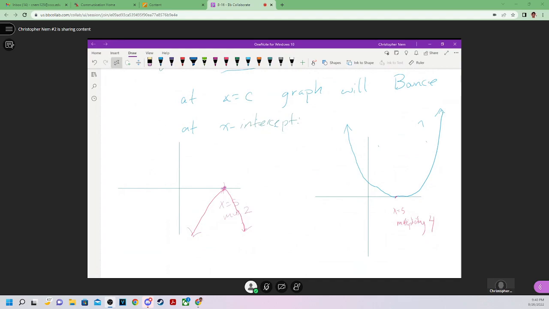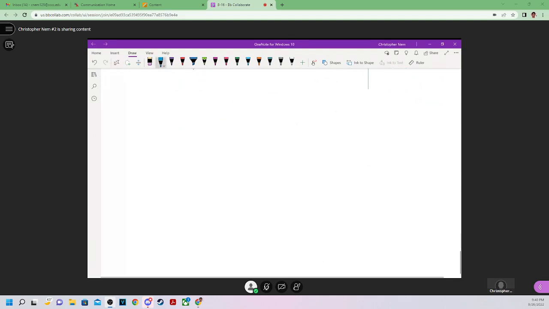So, with that idea, we need to be able to sketch a graph. So, let's see if we can sketch a graph. Let's take the polynomial p of x. I'm going to put it in factored form so it's easier to deal with. But let's say I have it in factored form as